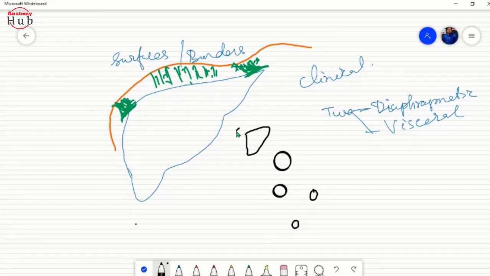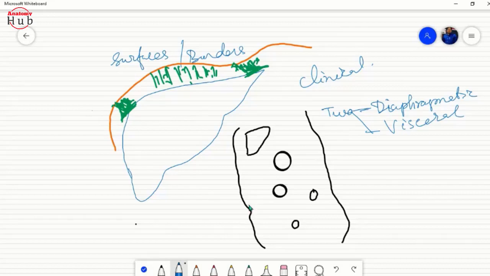Okay, so this is your anterior abdominal wall. And this is your posterior abdominal wall. Clear? Now what happens? The parietal peritoneum ascends upward here in this form, and at this point you will find the presence of your diaphragm. This is your diaphragm, right? So the parietal peritoneum ascends upward and goes towards the liver, then it returns back, right?